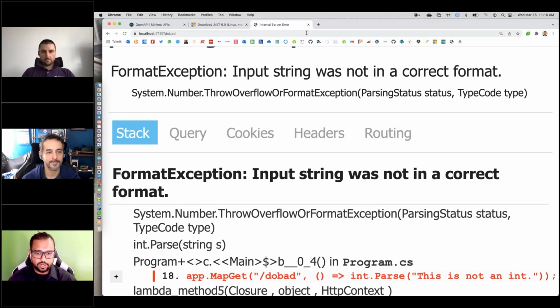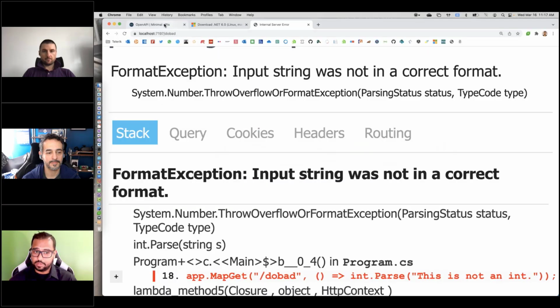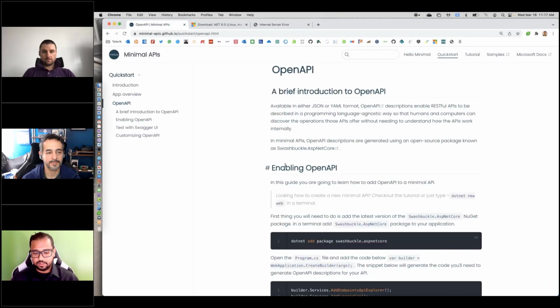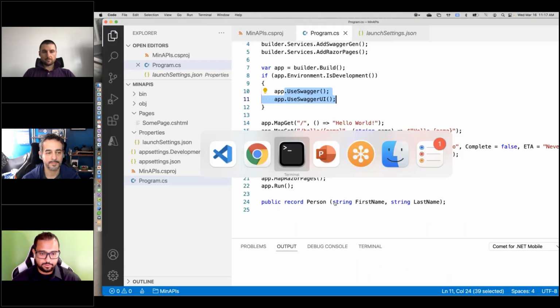Now, what is really good here is with just one line of code, if my environment is development, I want to use this thing called Swagger. So Swagger essentially is a nicer UI over something called Open API. Open API is a standard. It's defined in either JSON or YAML. So anybody, in a programming-language-agnostic way, can look at your APIs without understanding the code, and it's just a really nice way to visualize your API. So I already have that with just one line of code.